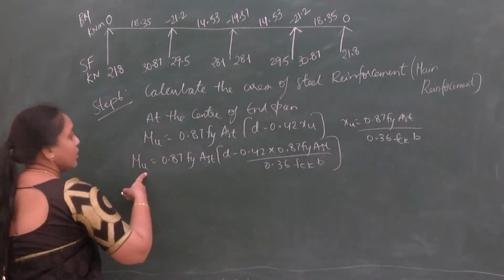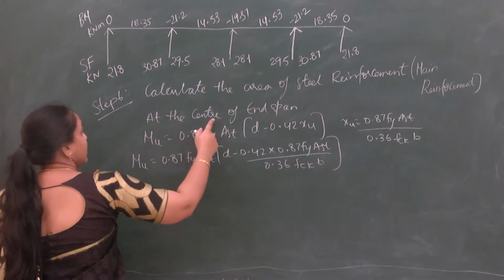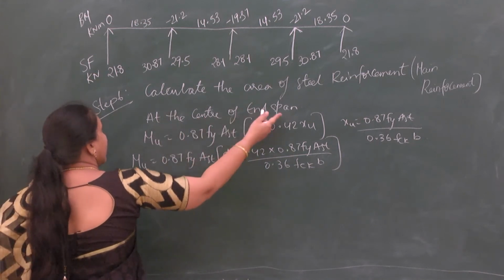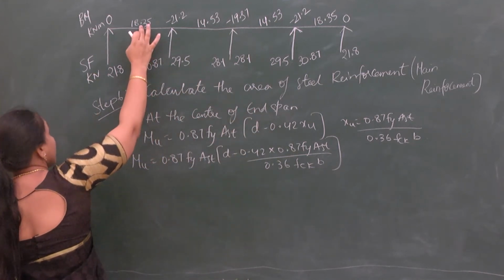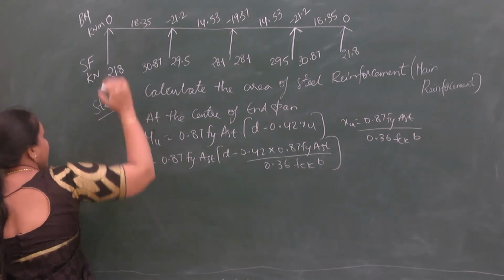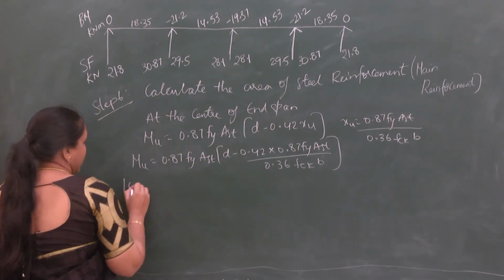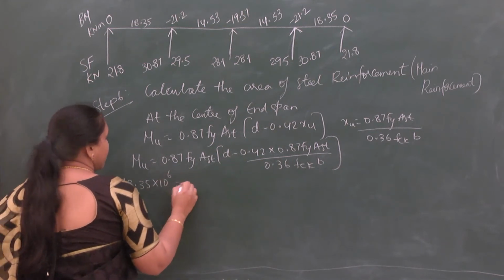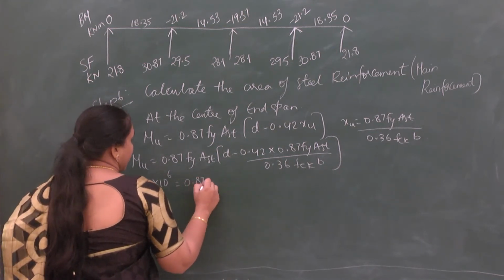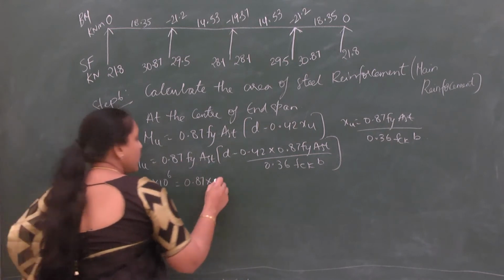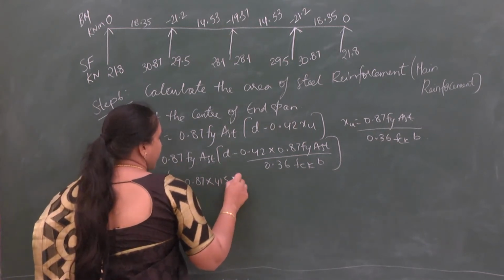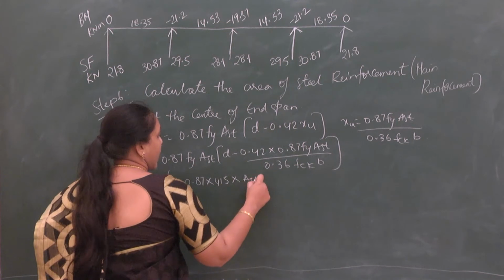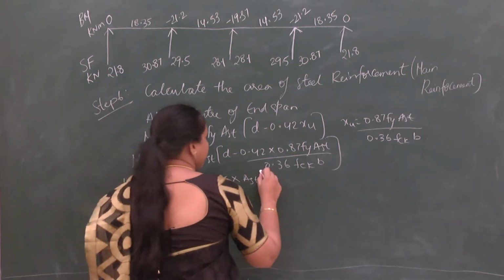So here, what is the Mu I am taking? That is, at the moment, at the center of the end span. So this is our end span, and the moment at this is 18.35 kilonewton meter. So it is 18.35 into 10 to the power of 6 Newton mm, equal to 0.87 into Fy, which is nothing but the grade of the steel,